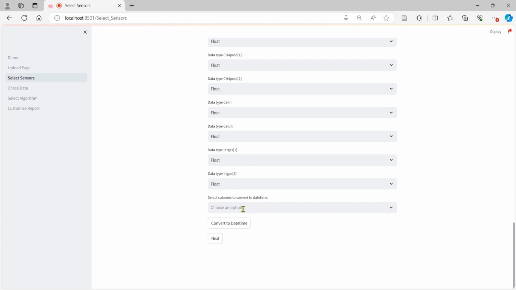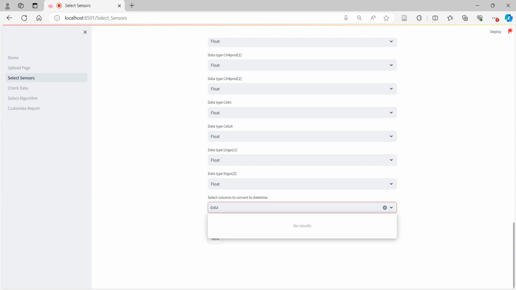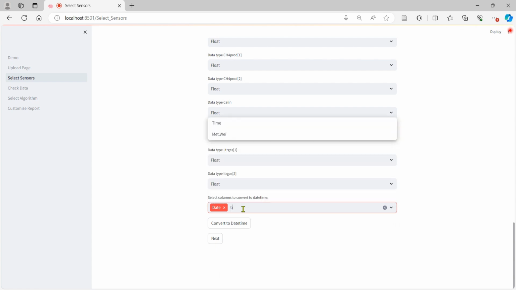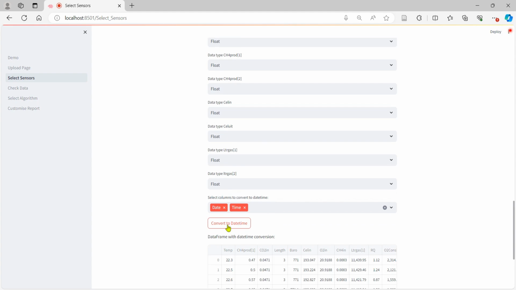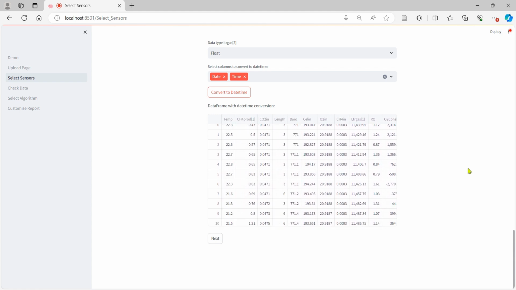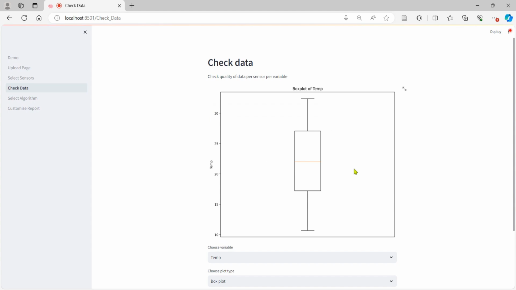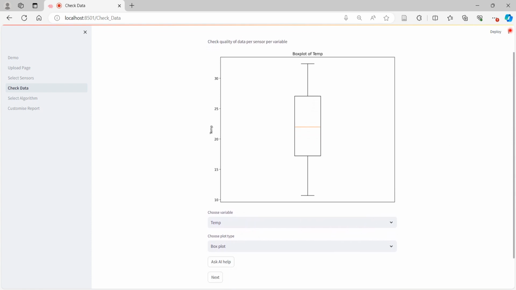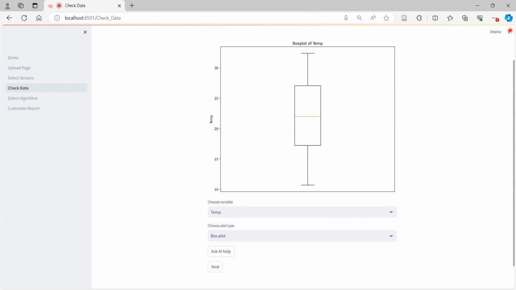So now we proceed to here where we create a new variable with a datetime data type, which allows us to put everything onto one timescale. And now we can proceed to the quality checks, where we actually can check the quality of every variable by